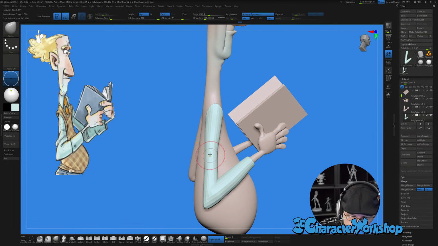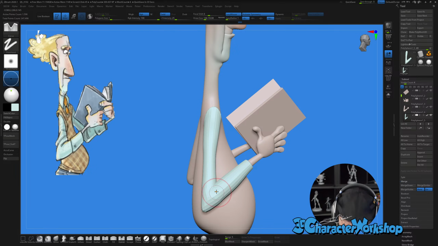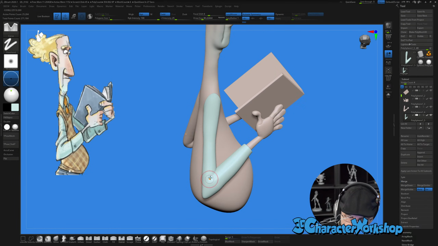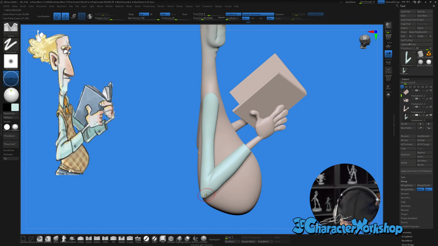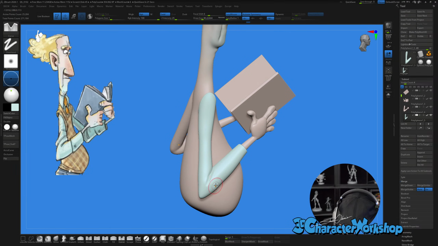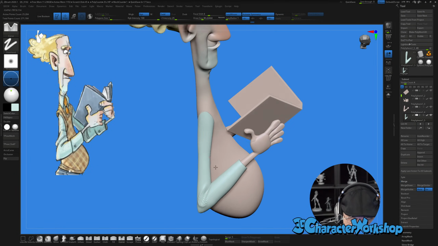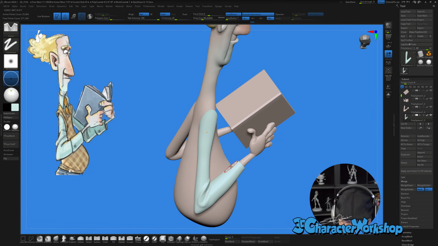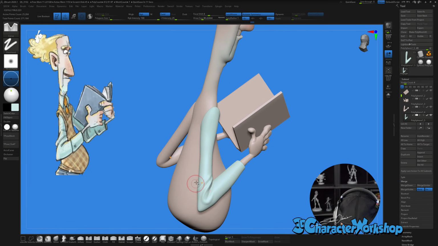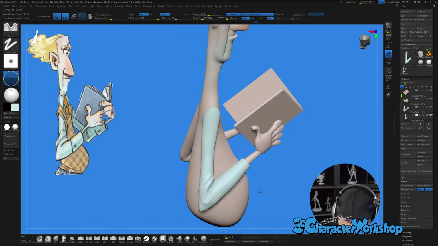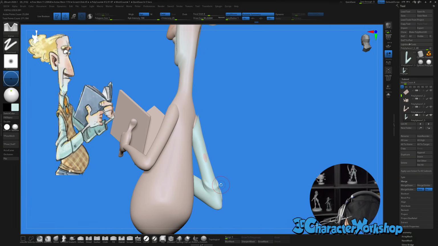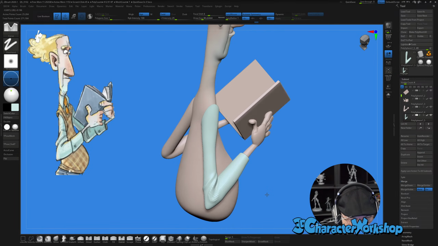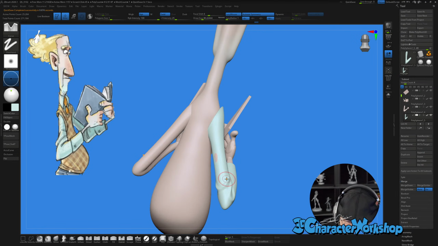And then we can use this carve brush, but we need more geometry, so I'm going to subdivide it a couple times. And then just kind of cut to this. I used to hate doing wrinkles, but ever since I kind of figured it out, it's been a lot of fun.